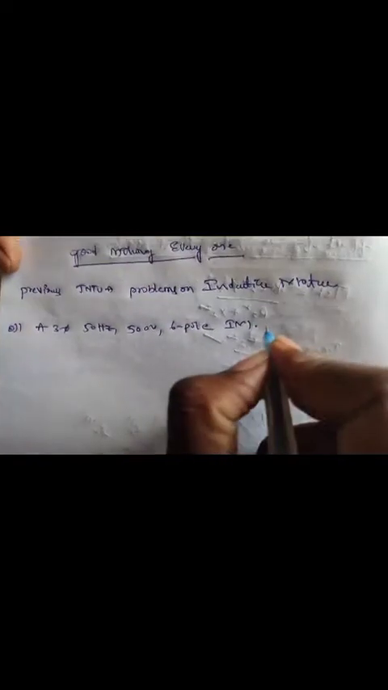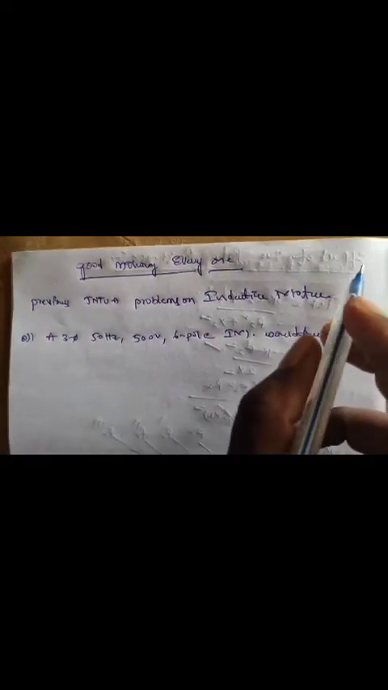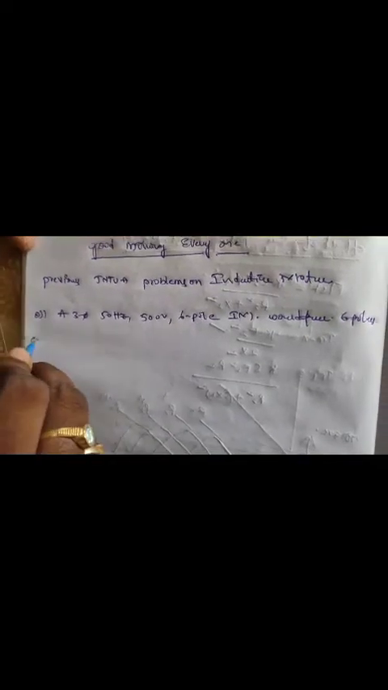First problem. A three-phase 50 Hz, 500 volts, 6 pole induction motor, wound for 6 poles. Calculate: first one, synchronous speed;